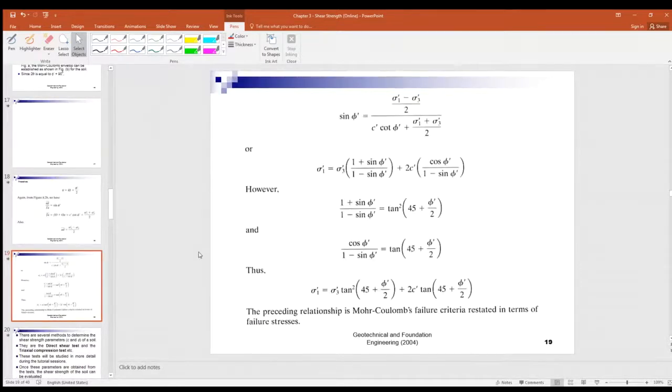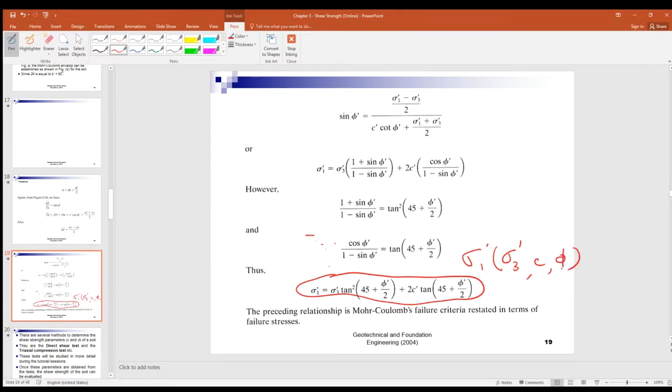The result is here. Sigma 1 is a function of sigma 3, C, and phi. In other words, for a specimen, if it is subjected to a sigma 3,